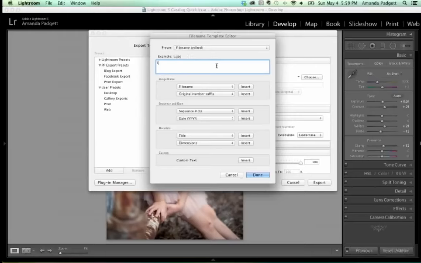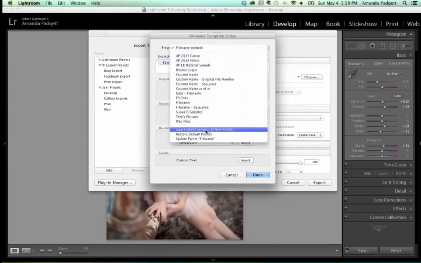Or you can make all new ones. LR webinar samples, whatever, and then I can add in a sequence number. So it'll be LR samples 1, LR samples 2. If I did 15 pictures, I'd have 1 through 15. So you see how the sky's the limit here? Just click in that box and hit your backspace and start playing around. It's just that simple. And if you find a naming system you like, you can save it as a new